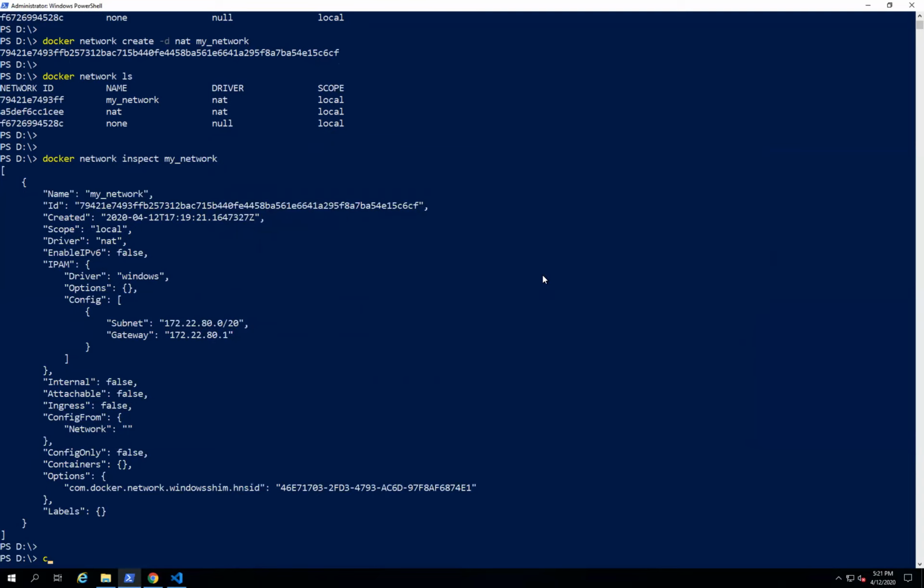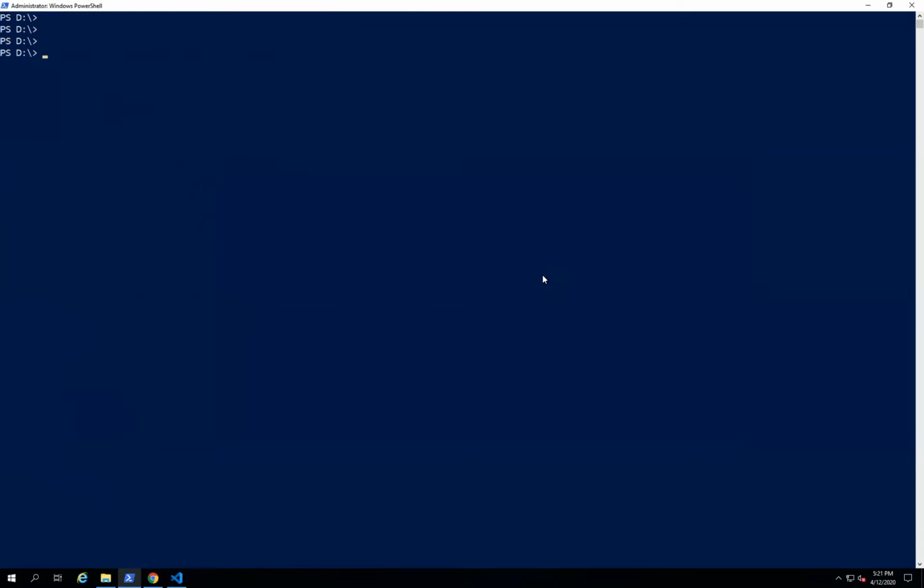Let's do one thing. Let's create two more containers this time. So I will use docker run -it, and then let's use the same old commands.